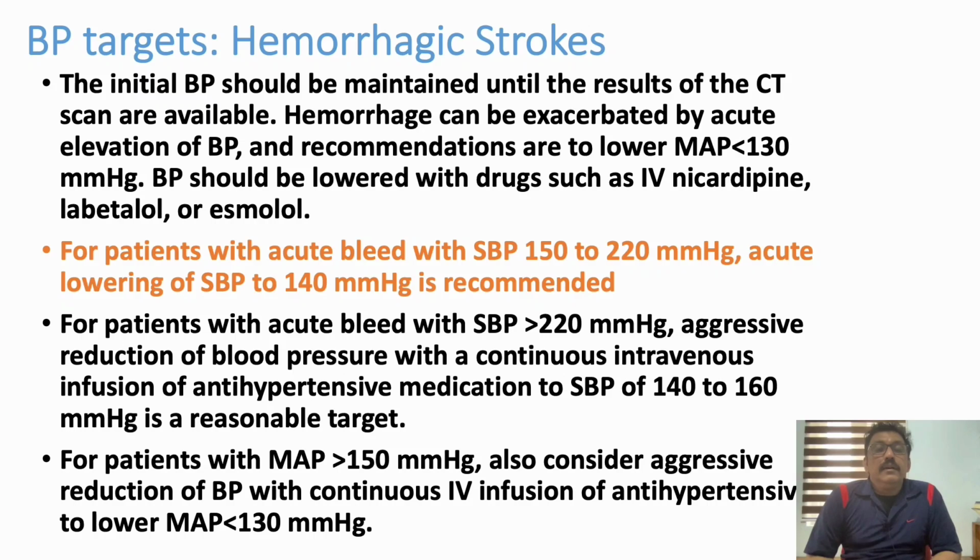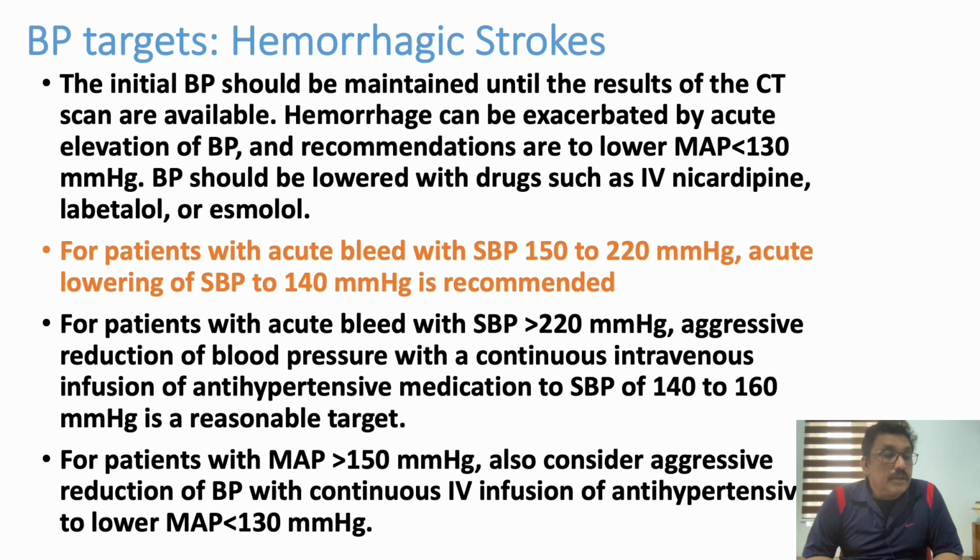Now, one of the important factors other than the treatment of the bleed as such is hypertension management. Many patients who have intracerebral hemorrhage come with high BP. We know that when BP is slightly higher, if you reduce the BP, sometimes the ischemic penumbra, that is the area surrounding the core stroke area, whether it is a bleed or an ischemic area,